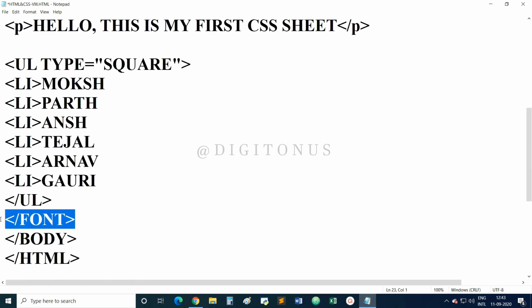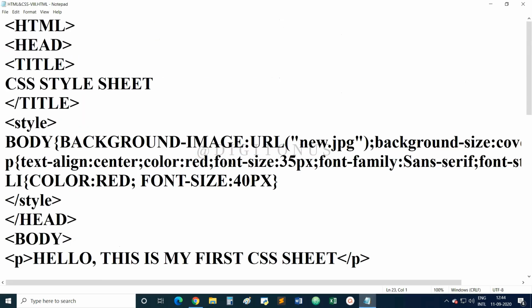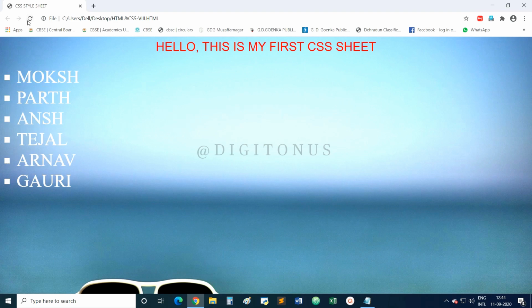Let us see, save. Now you can see. So we can also change the font size with the help of CSS, for li, the tag name we have mentioned. For li, color has to be red, or suppose I am writing white here, so it will be white. Font size, suppose we want 50 pixels, save it and see. You can see the changes.